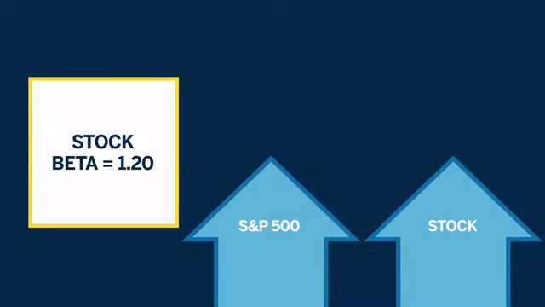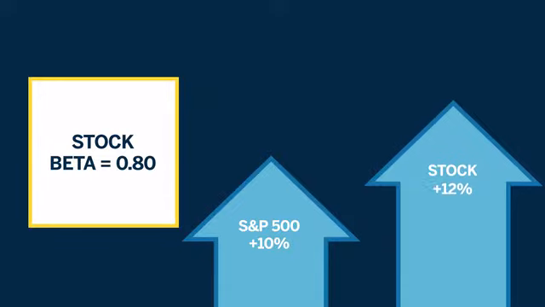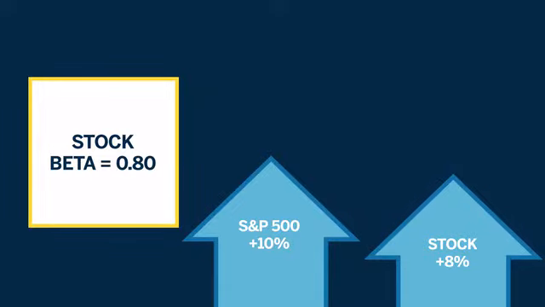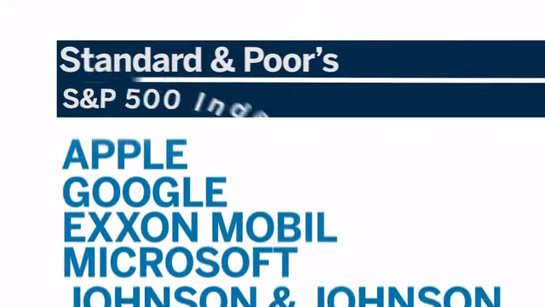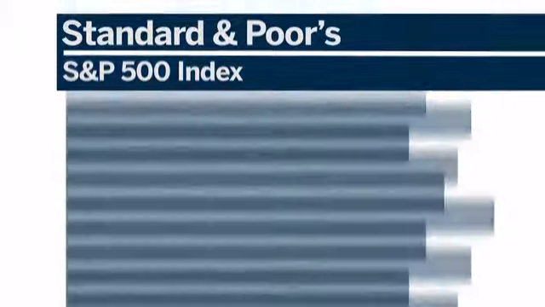If the S&P 500 was up 10%, a stock with a beta of 1.20 would be expected to rise by 12%. If a stock has a beta of 0.80, it is only 80% as volatile as the whole market. If the S&P 500 advanced by 10%, a stock with a beta of 0.80 would be expected to rise only 8%. An S&P index fund, which owns each of the 500 members of the index, has a beta of exactly